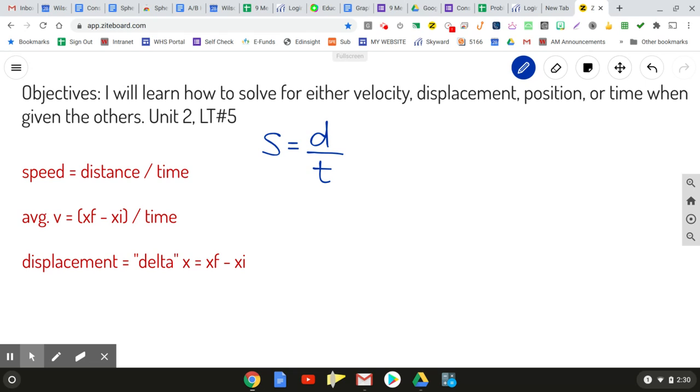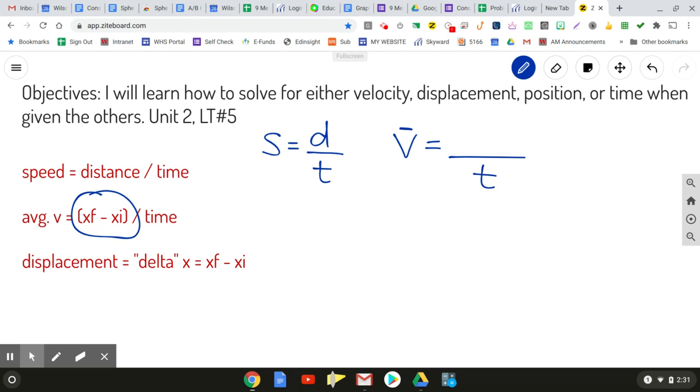Now, velocity is a little bit more complicated because it's a vector and it does include direction. A lot of times you will see it written this way, where the little bar above the V stands for average, and this would be equivalent to displacement over time. Now, the way displacement is symbolized, if you see over here,